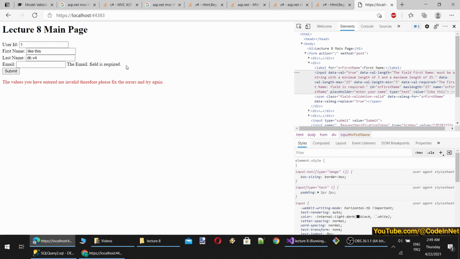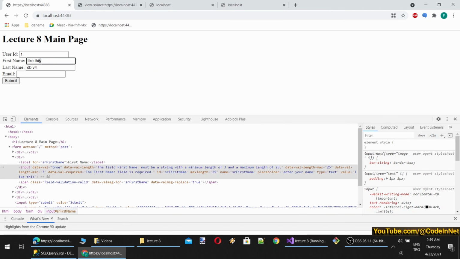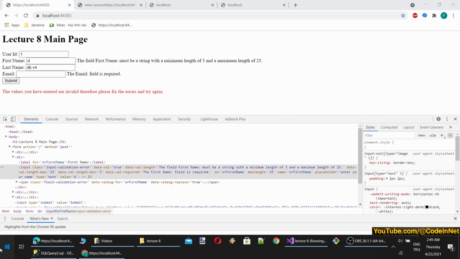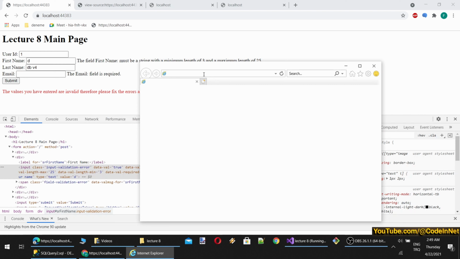So the message is also different. This is saying the email field is required. The email field is not valid. The field first name must be a string with minimum length 3 and maximum length of 25. Let's see if it's same here. Yeah, same. When we try Explorer, older one, Internet Explorer, which is not commonly used anymore, let's see if it